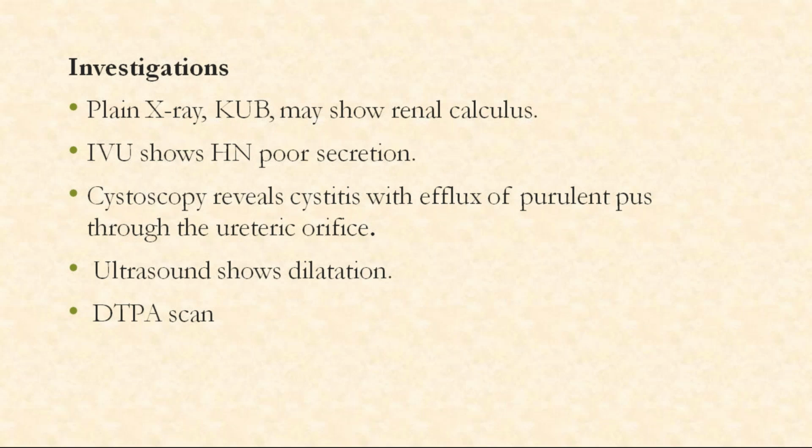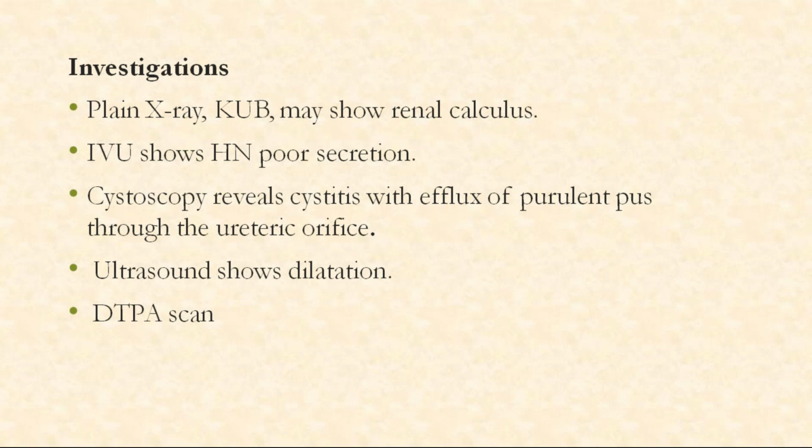Next, another investigation, cystoscopy. What is the importance of cystoscopy? You can identify any inflammation within the bladder, or cystitis. Sometimes you can see the ureteric orifices on the trigone and the lateral aspect of the trigone of the bladder. When there is pus in the kidney, sometimes it may come down the ureter and pour into the urinary bladder, so you can easily identify it by cystoscope.